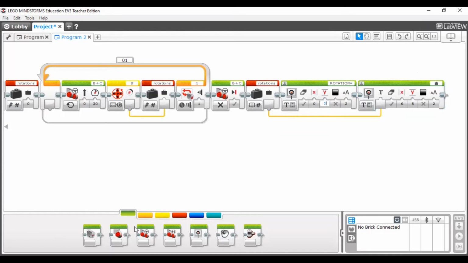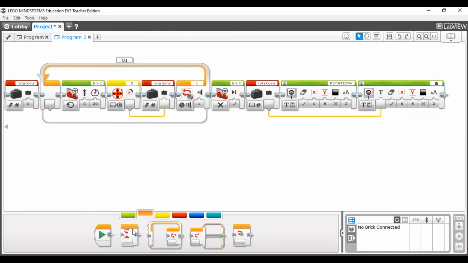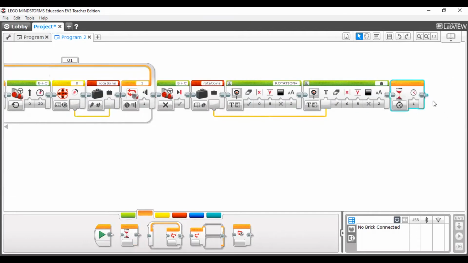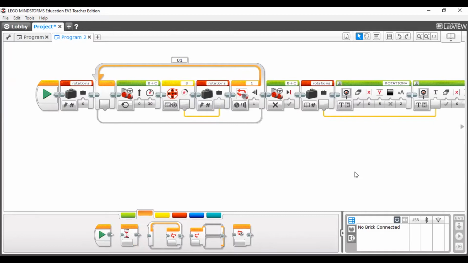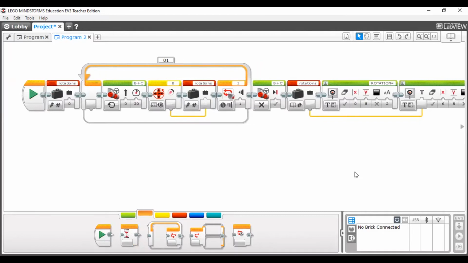But if you want to display your value for at least 2 or 3 seconds, then you can add a wait block at the last of the block. Then you can see the value. Okay, here you can make it 3 or 4 seconds. Okay, till now what we did, we are just calculating how many rotations it is taking. Okay, but we do not like that. We want, okay, we want what is the length of the room.